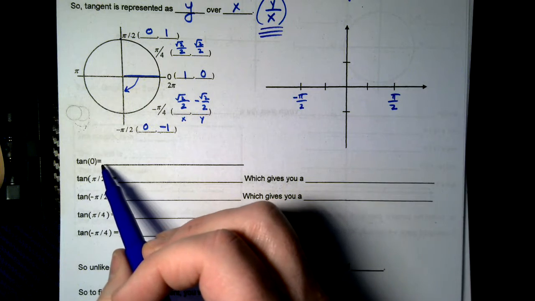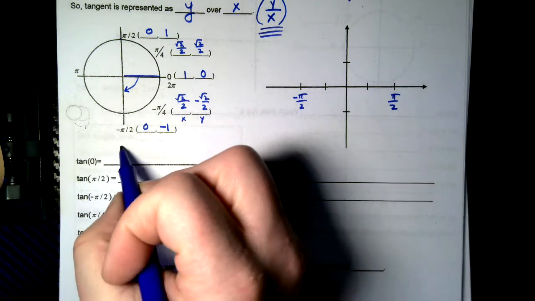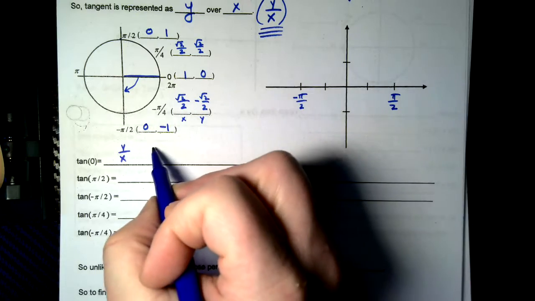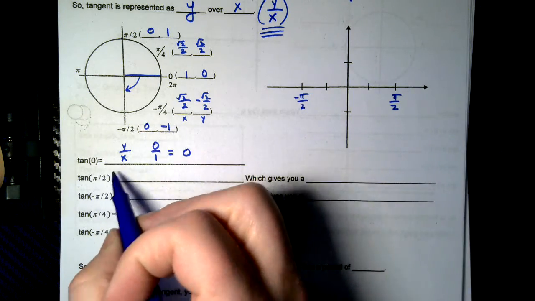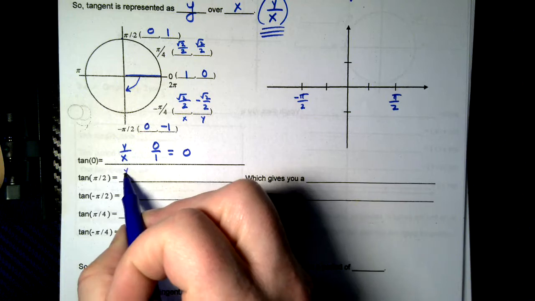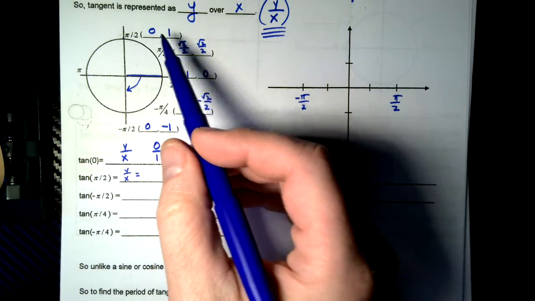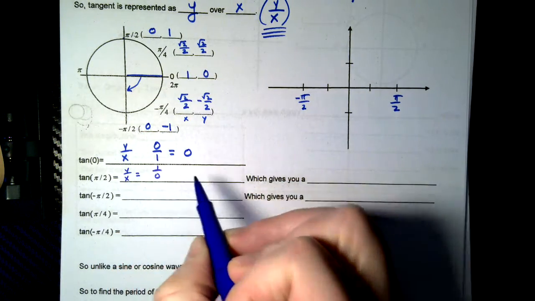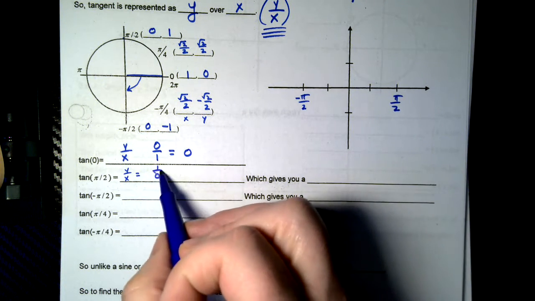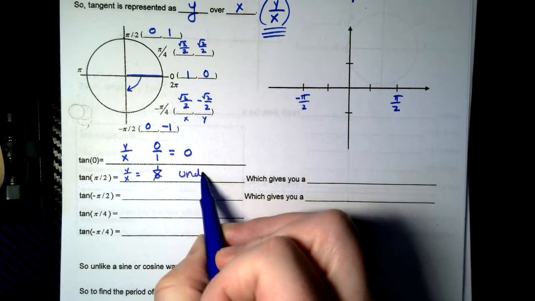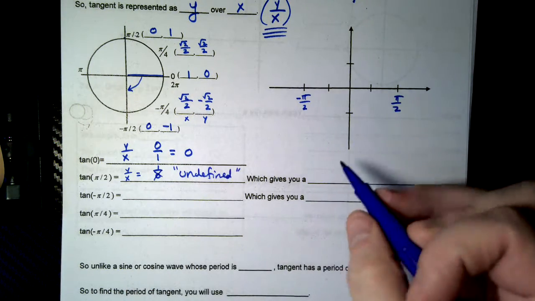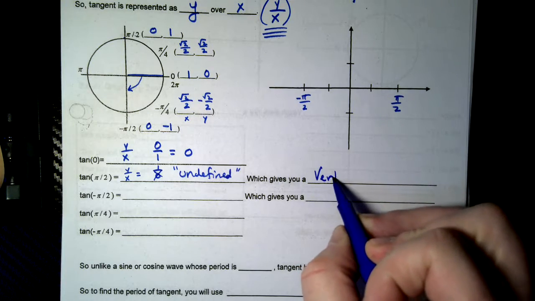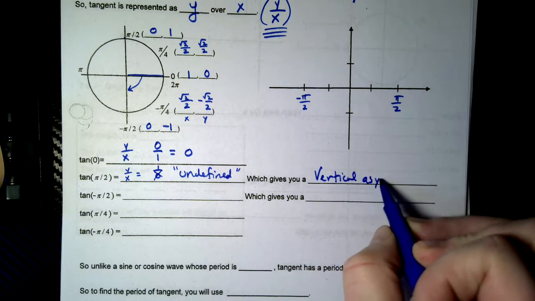Watch. When you do tangent of 0, you've got to do y over x. And when you do y over x here, it's 0 over 1, and that just equals 0. Okay? When you do tangent of pi over 2, when I do y over x at pi over 2, the y is a 1, the x is a 0. You can't do that. You can't have 0 in the denominator. So we call that undefined. When it's undefined, that gives you a vertical asymptote